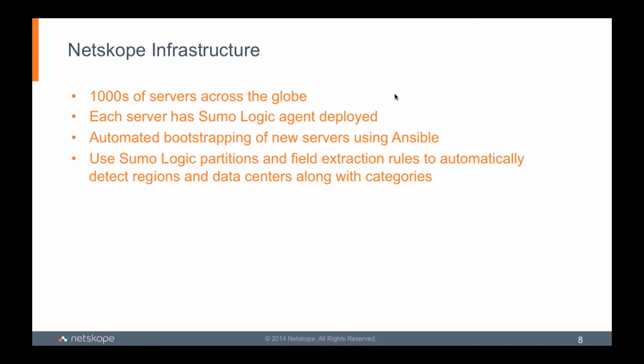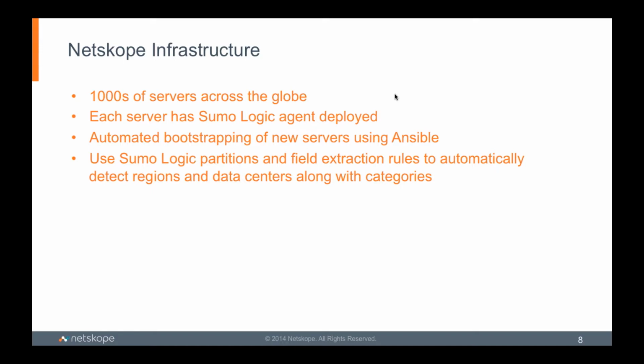The field extraction rules allow you to create categories so that you can detect regions and data centers. We are spread across many data centers across the globe, as the next screenshot will tell you. And it is actually very important for us to be able to say, where is this error happening? Why is this happening?